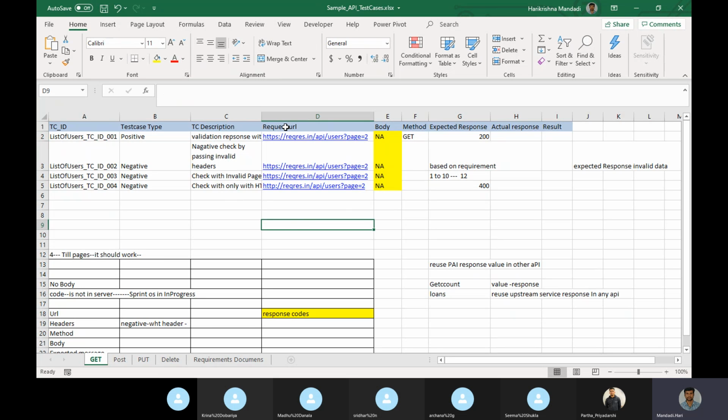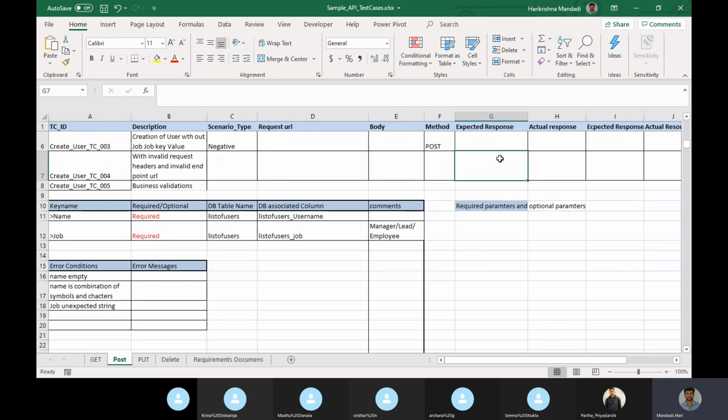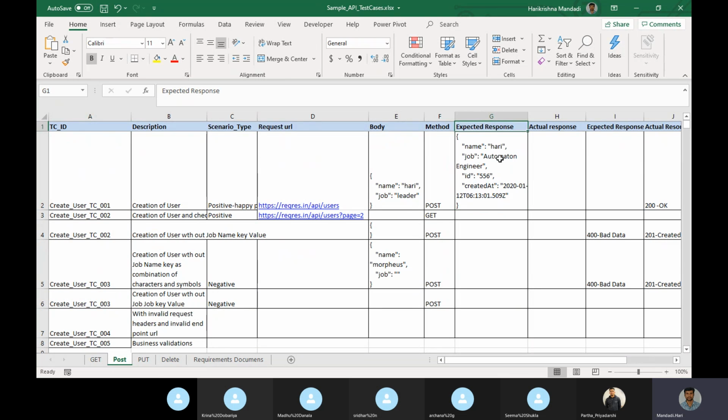So what is the request URL to get the valid details? This is the request URL. Now try to understand, the method is get. Body: does it have a body for get? If a body is there, suppose let's go to post. Under body you need to pass the body you are passing to get the expected response.